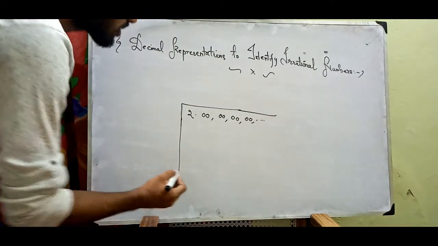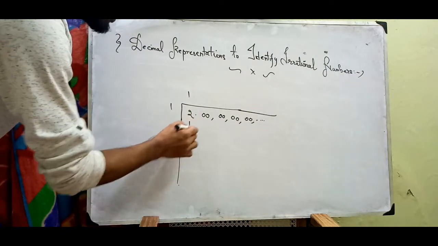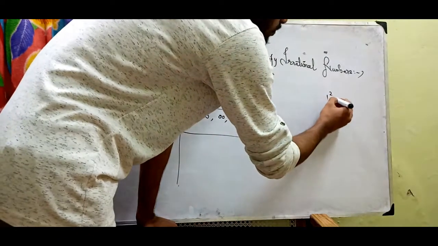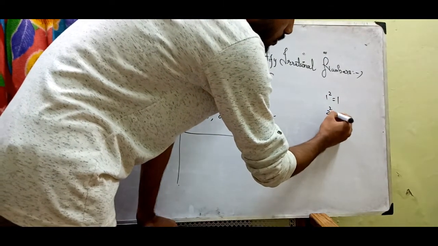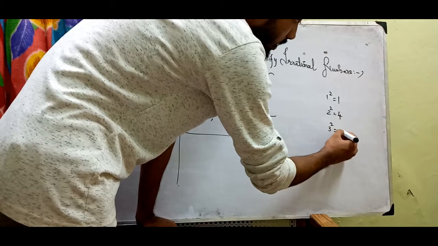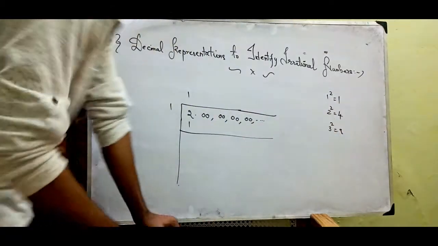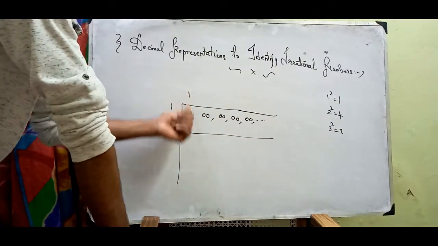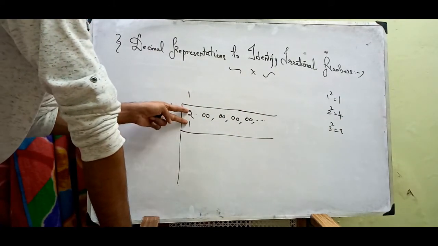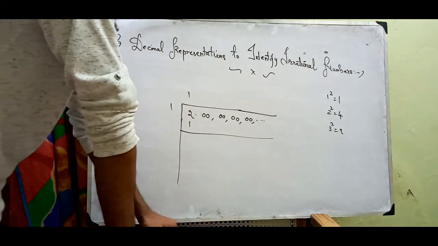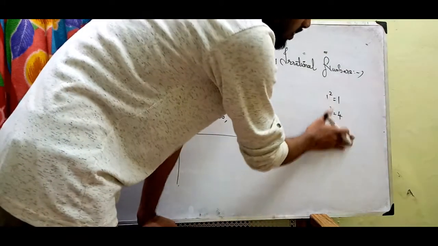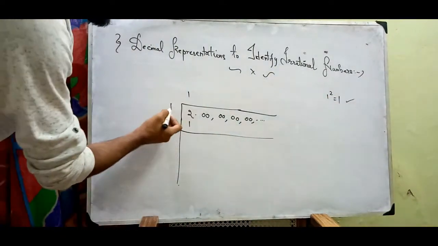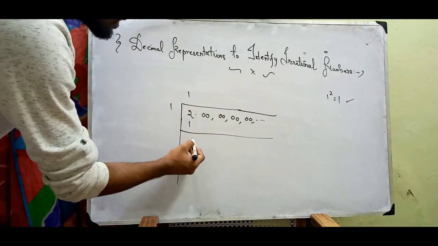So here is a square root. See, 1 times 1 is 1, because as we know, 1 square is 1, 2 square is 4 and 3 square is 9. In this way we have to write, because 2 is less than 4. If we write 2 square, that is 4, the remainder which we obtain will be negative 1. That's why I have selected 1 square, which is 1. So 1 times 1 is 1, so 2 minus 1 is 1.